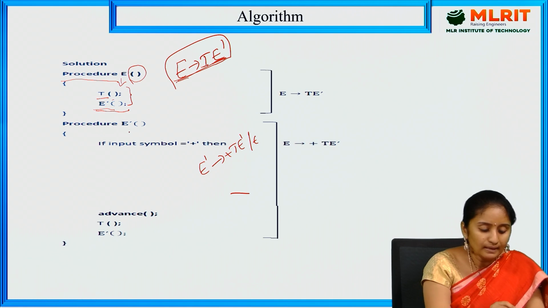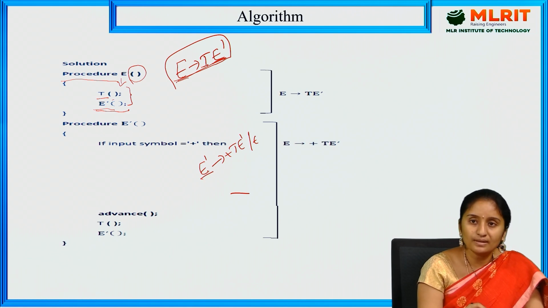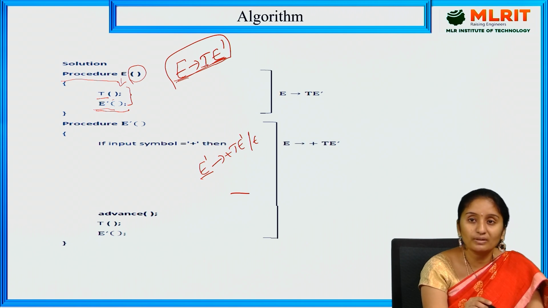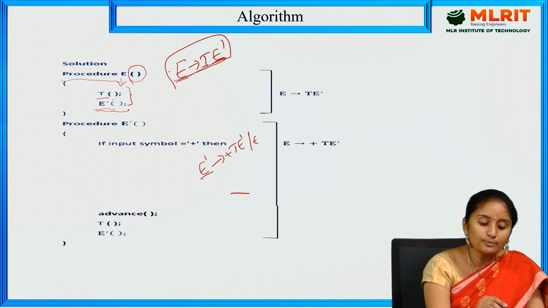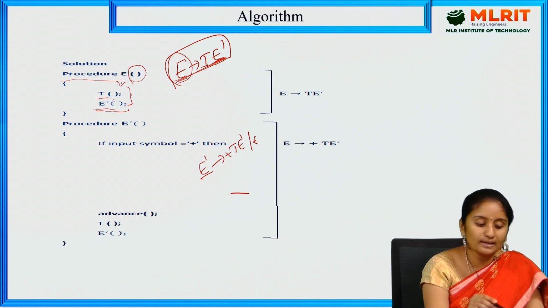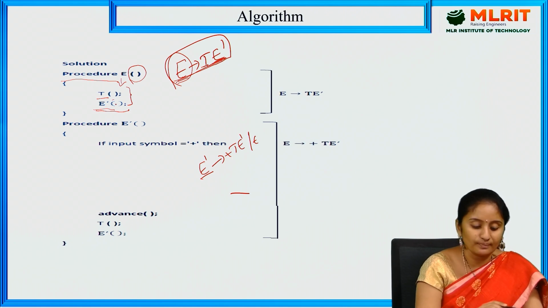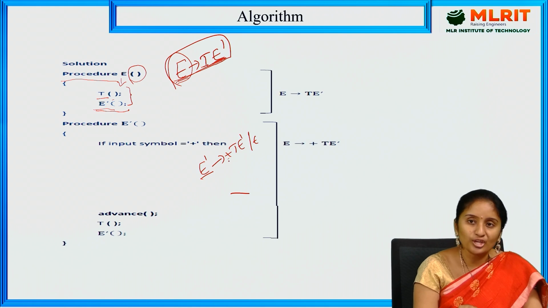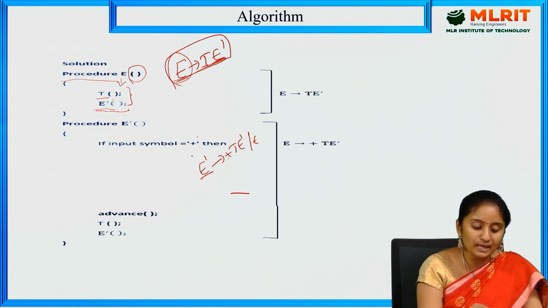See here, E dash is a non-terminal, so we are going to write a procedure here. The question you may get is: T E dash is also a non-terminal, so why are we not writing a procedure for them? See, in each production, the LHS part is going to have the procedure. All the non-terminals on the LHS are going to have the procedure. These T and E dash are nothing but the functions called inside that procedure. E dash is also a procedure. Plus is a terminal, so we are going to check the condition: if input symbol is equal to plus,